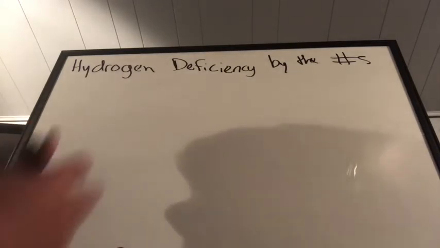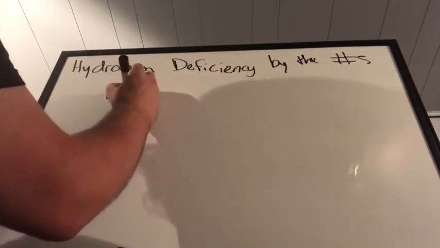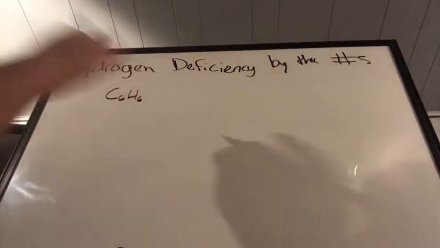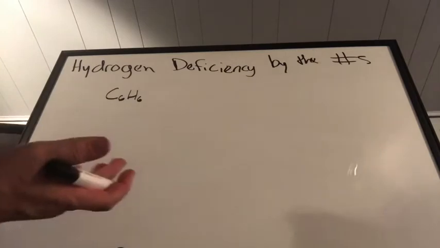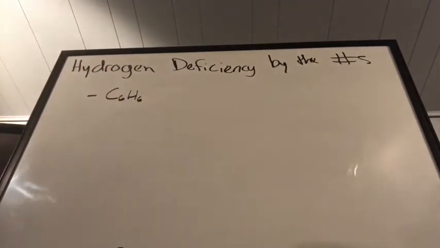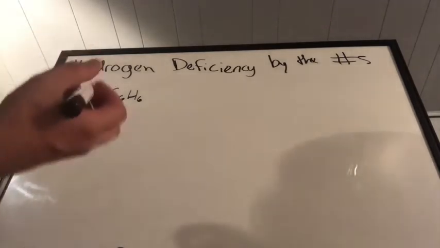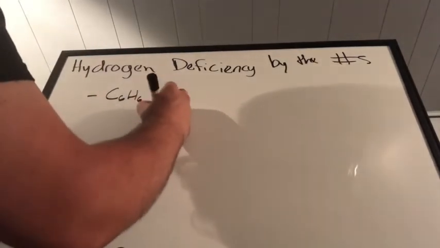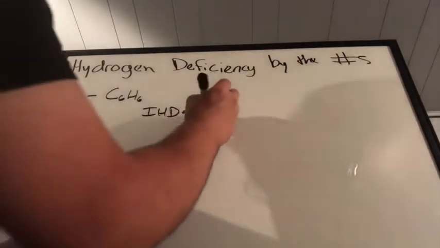Okay, so let's see some practice examples here. So we have C6H6 from before. Okay, so we're not going to postulate what this could actually be because we have no way of knowing, right? This is just a formula. There's no indication of connectivity. We could say, oh, it's probably benzene, but we don't know that for sure. So what we're going to do is plug in our IHD calculation, which, again, index of hydrogen deficiency, is going to be equal to